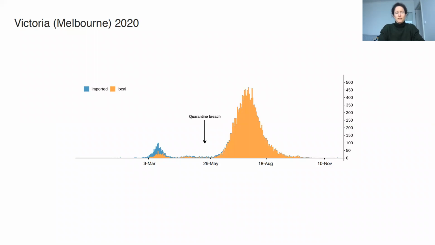I've chosen to show you the case incidence from Victoria because this is one state that did have a second epidemic wave in 2020, after a quarantine breach towards the end of May, which led to this second epidemic wave, which was mostly or overwhelmingly locally acquired cases, although still a reasonably small epidemic compared to what's been seen around the rest of the world.